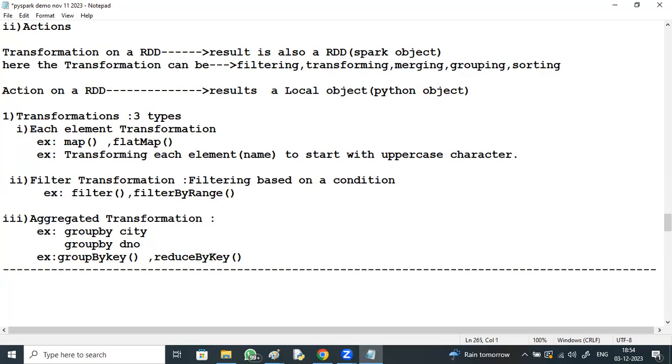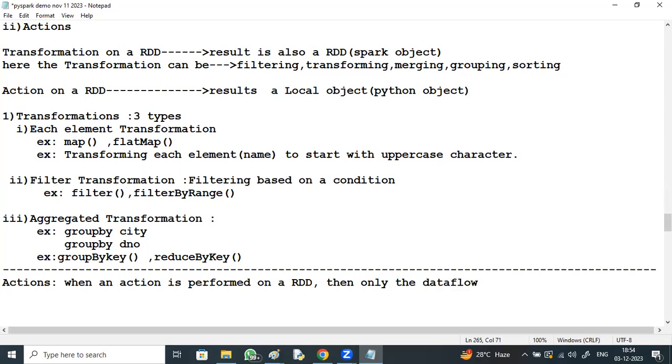Next is actions. If I talk about actions, when an action is performed on an RDD, then only the data flow will be executed.